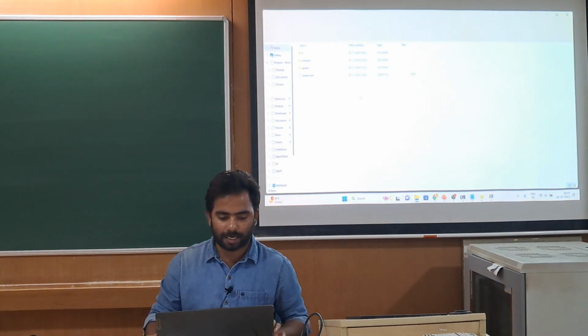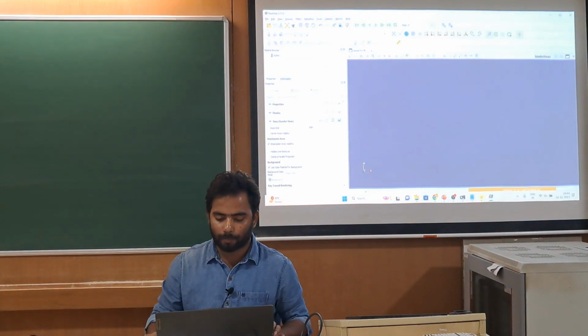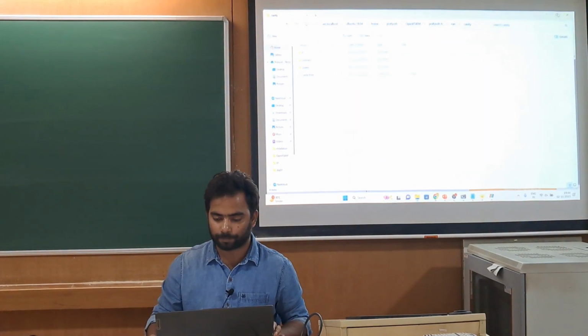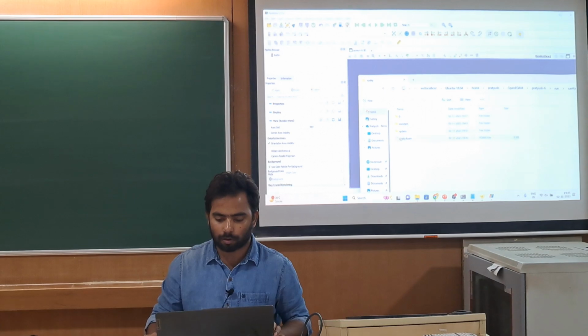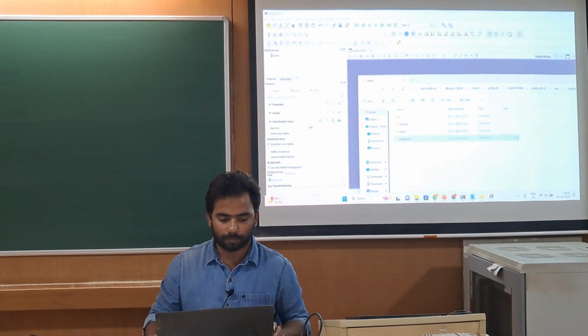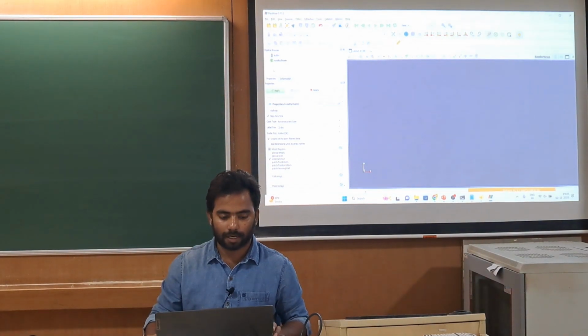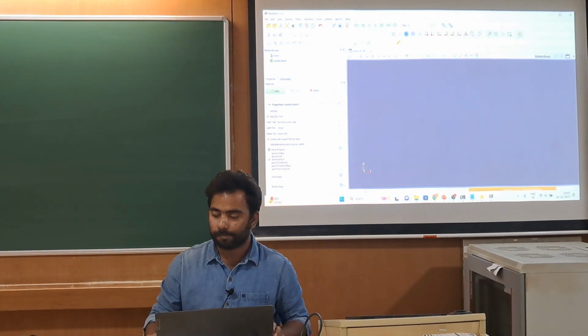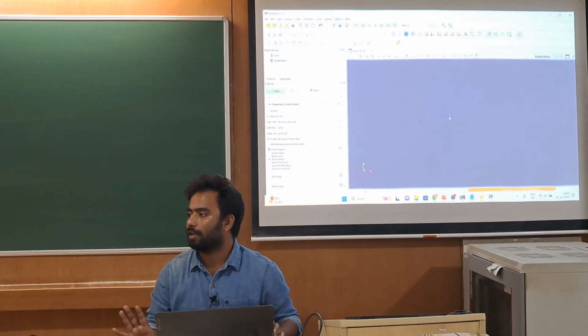It will open the folder where you are working, and you just drop that cavity.foam file here. Go into the run folder. Done.